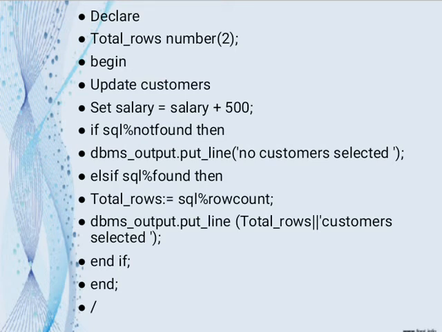IF SQL%NOTFOUND THEN dbms_output.put_line('no customer selected'); ELSIF SQL%FOUND THEN total_rows := SQL%ROWCOUNT; dbms_output.put_line(total_rows || ' customer selected'); END IF; / The program will update the table and increase the salary of each customer by 500